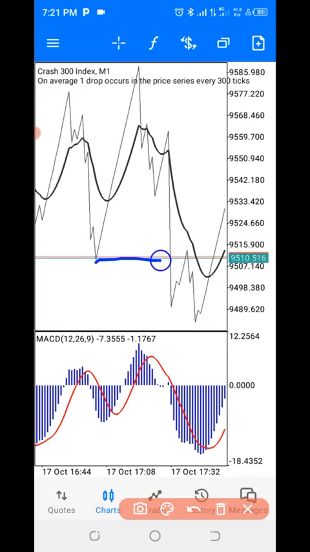We had this break in market structure. Sorry, the strategy works perfectly on M1 and M5 and above, right? So we have the break in market structure here. After we had this break in market structure, we had a retracement. Now the retracement that we have is another break in market structure. It took out this previous low. So once we have that, we already know that we are in a downtrend. But as we are in a downtrend, we will tend to have the retracement that we have there.